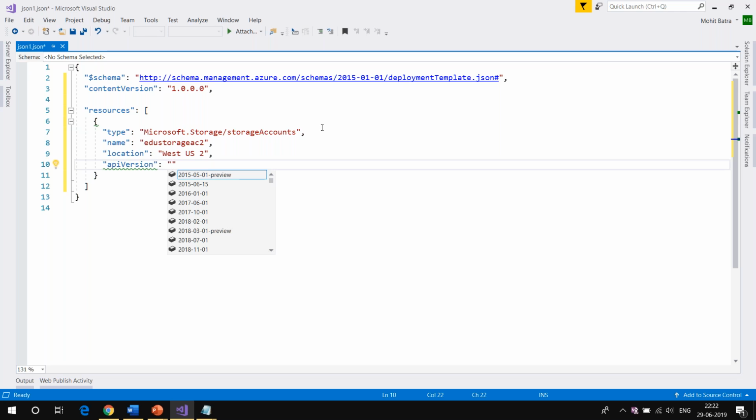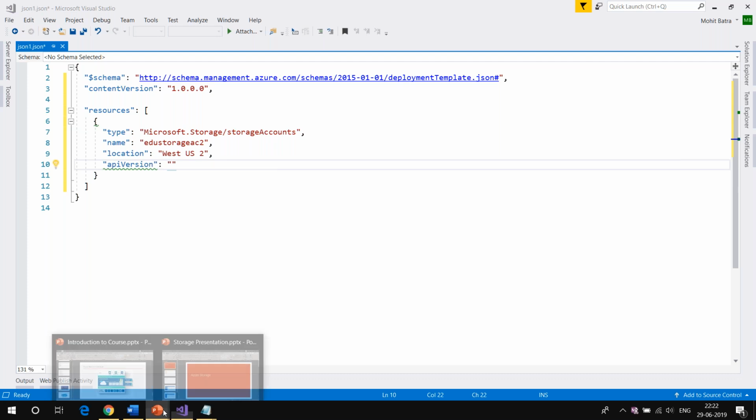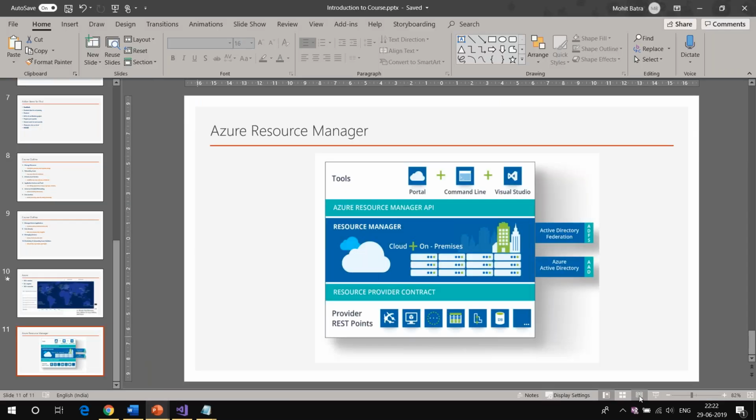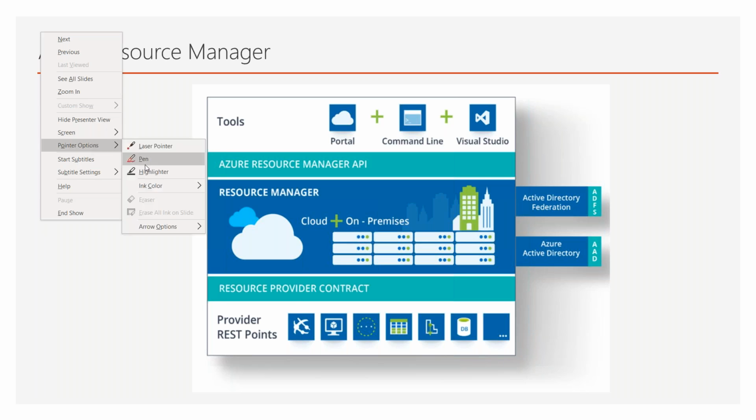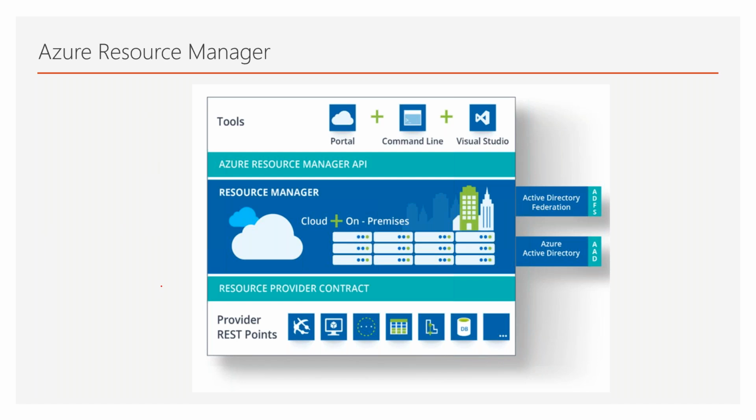What do we mean by API version? Now, if I go back to the presentation, let me just elaborate this one. Okay, so what do we mean by API version? Now, as I told you initially, there are different teams in Microsoft, and these teams are working totally separately. Now, let's say this is a storage account, and if the storage team says that we are publishing a newer version, now let's say they created the first version in 2018, then after 1 month, they came up with a newer version.